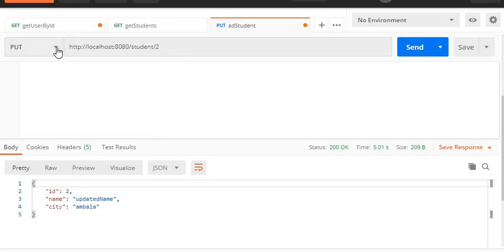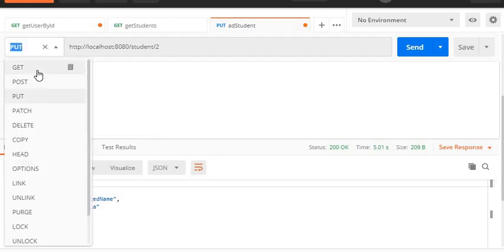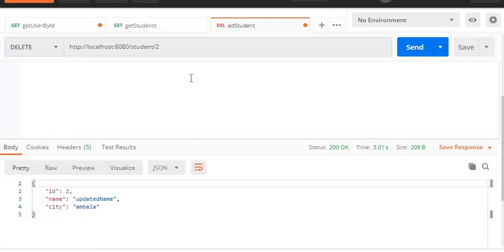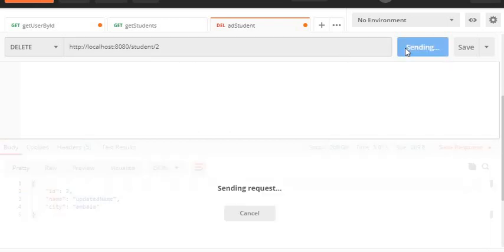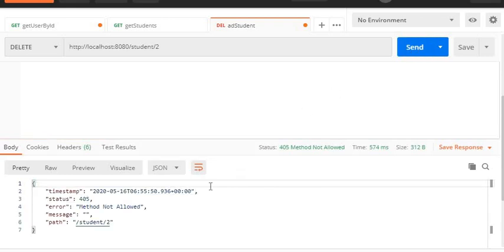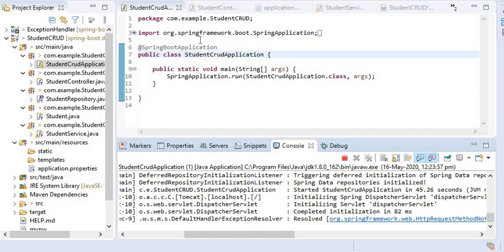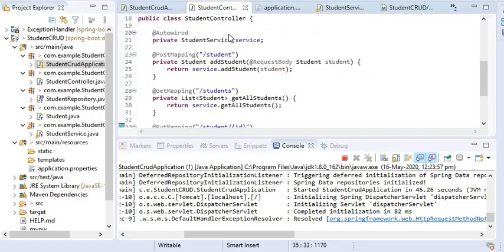Like this we can also perform the delete operation. Here I just need to change the HTTP method to the delete request, and just pass the ID of the student. So here I will call this API and it says method not allowed. First I need to check the URL for the delete API.